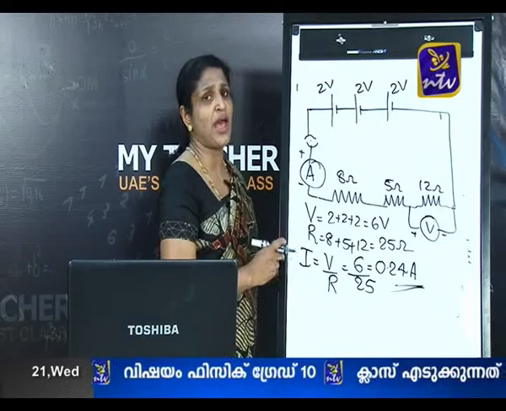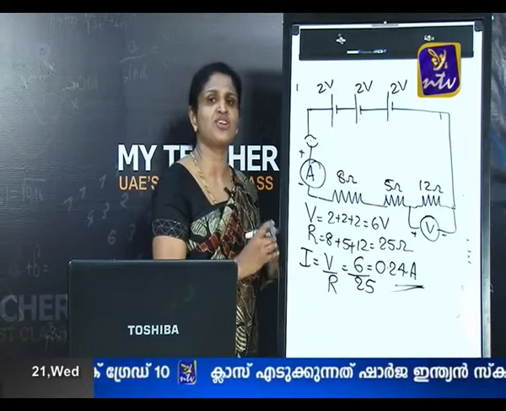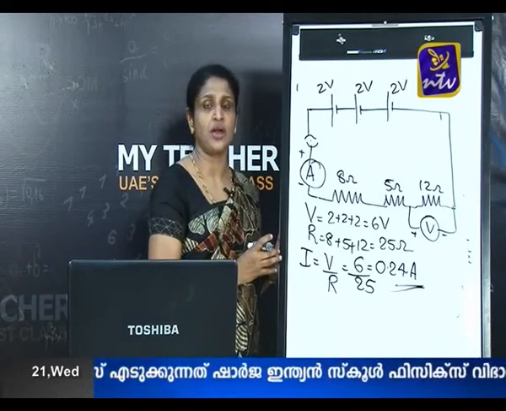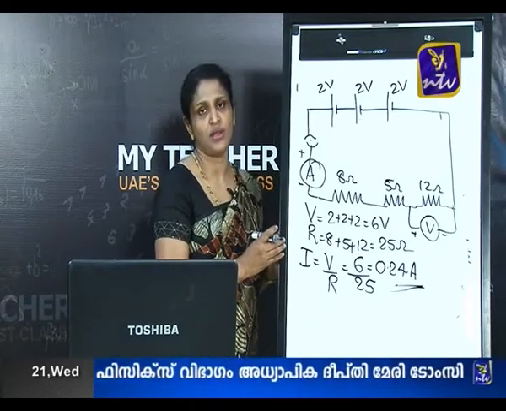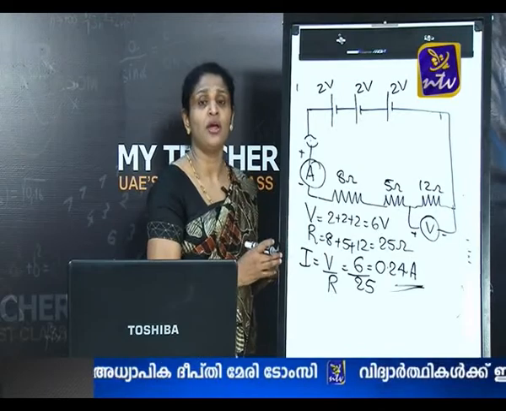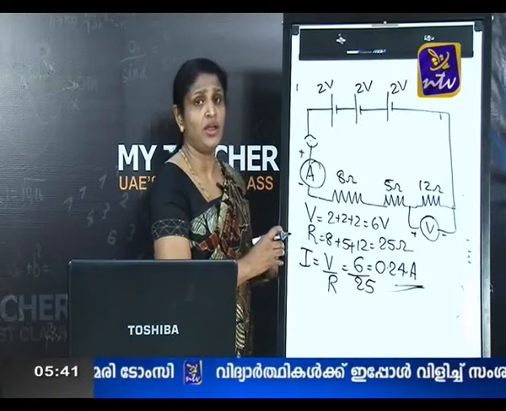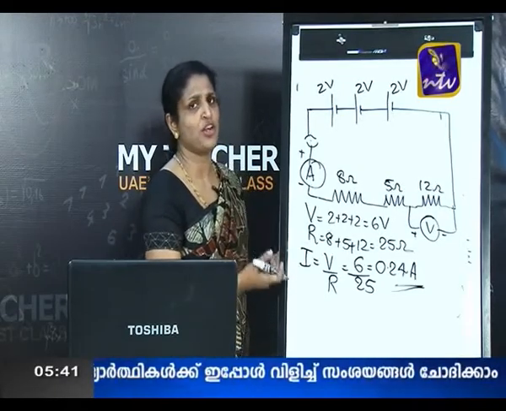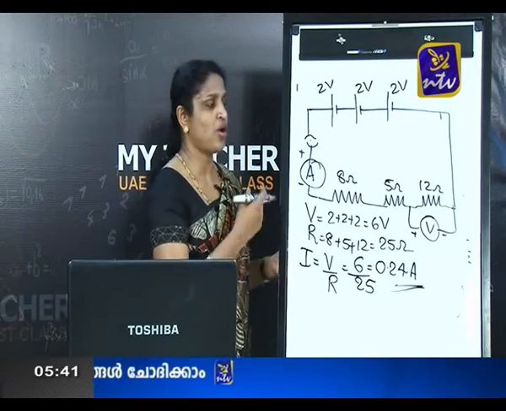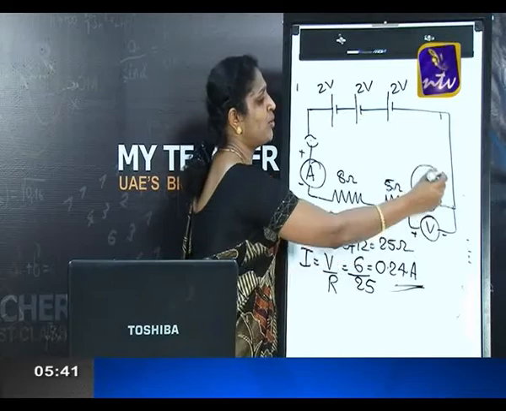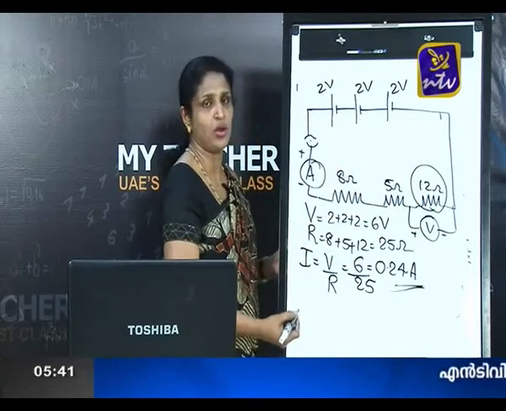We have got the ammeter reading. Ammeter is a device which measures current. So, we have measured the current, the value of the current is equal to 0.24 amperes. Now, we are asked to find the potential difference across a 12 ohm resistor. To measure the potential difference, we need to again use Ohm's law, and according to Ohm's law, we need only the potential difference across the 12 ohm.